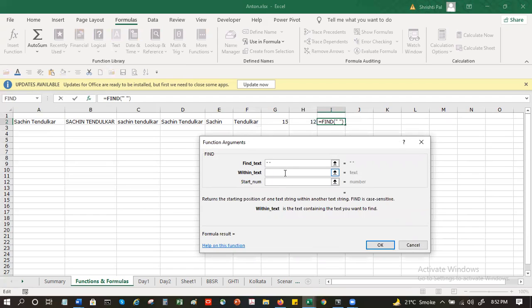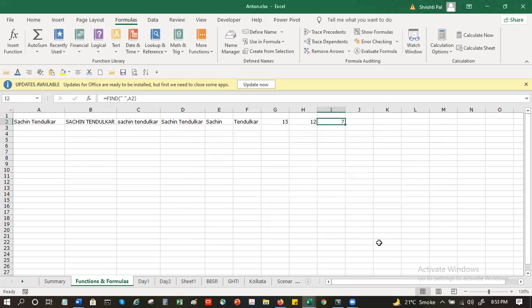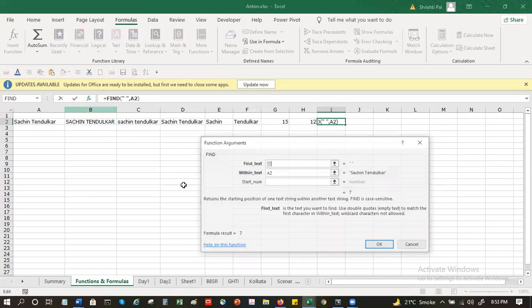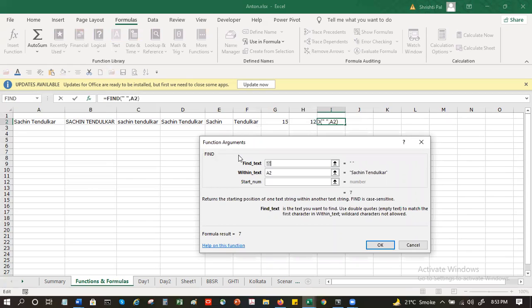What does it do? It puts it under double inverted commas. And within the text A2, what is the position of the first space? After N, which happens to be the sixth letter of the name, I get a return of 7. Right. Yes, I got it.